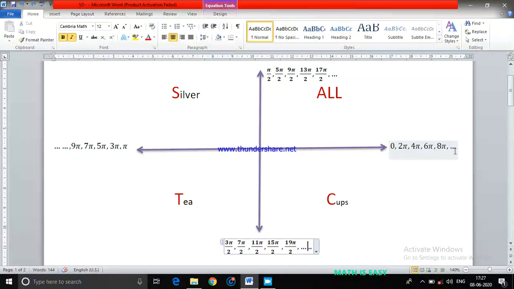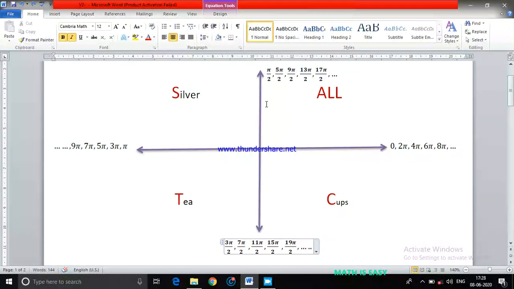Okay, so after every, see how you have to start: 0 pi by 2, then 1 pi by 2, because 1 times 90 degrees you move, then 2 pi by 2, that means 2 times 90 degrees is moved, 3 pi by 2, so 3 times 90 degrees is moved, then 4 pi by 2, 1, 2, 3, 4 pi by 2, 4 times 90 degrees rotations are done, then 5 pi by 2, that means this 4 already completed here till here and one more, so 5 pi by 2. So like this you have to keep on rotating.